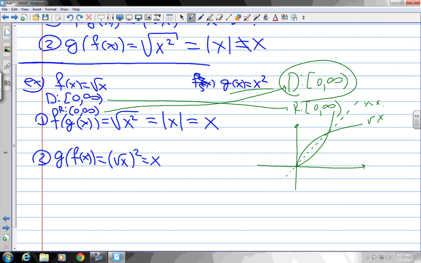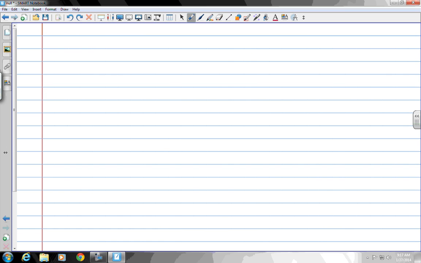Because again, we're going to use inverses to solve equations. When you solve equations, you actually pick a number from the range, and you say, well, where did it come from? It came from there. So that's the solving equation, right? So it better work for every number in the range. With me? Okay. So if I give you this function, for example,